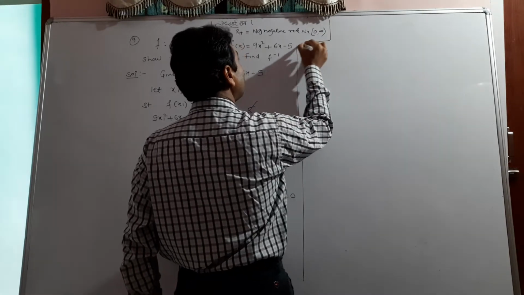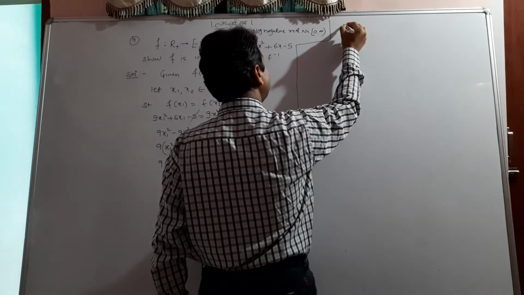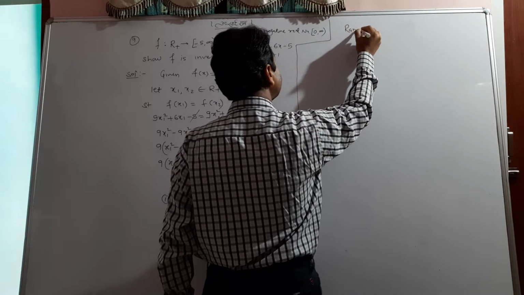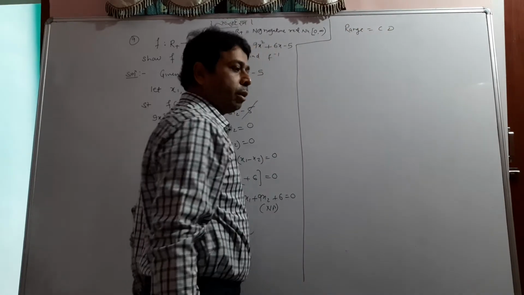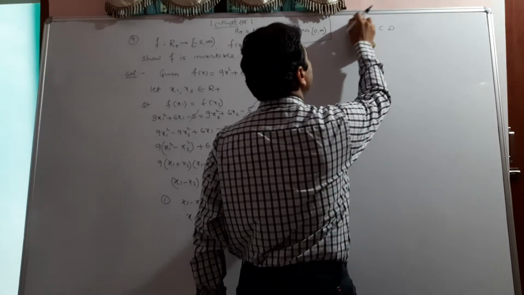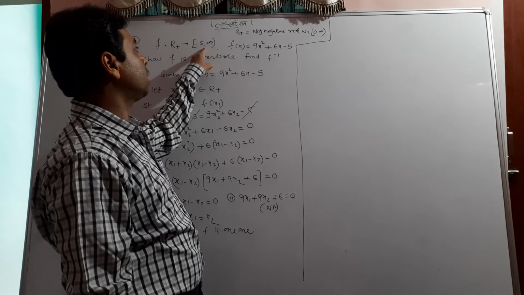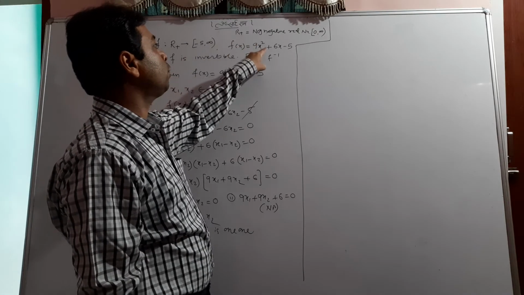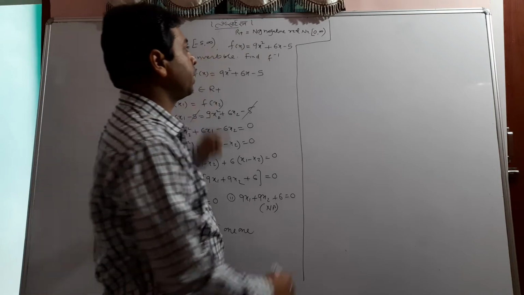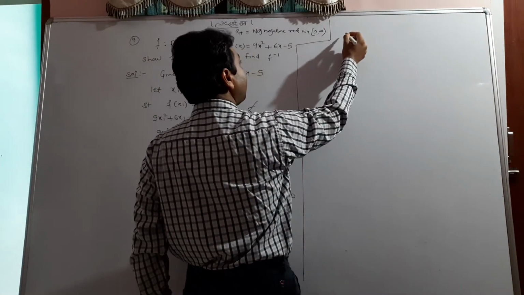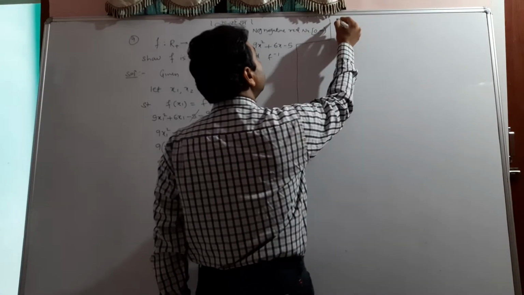Now we will show f is onto. And why are we showing these two conditions? Because we want to show f is invertible. So let me come here for showing onto. I have taught you that a function will be onto when its range equals the codomain. And this time we have to do hard work for that, because the codomain is given as [-5, infinity), and we have to find the range of the function and show it equals that codomain. So let me explain how to find that the range equals the codomain.